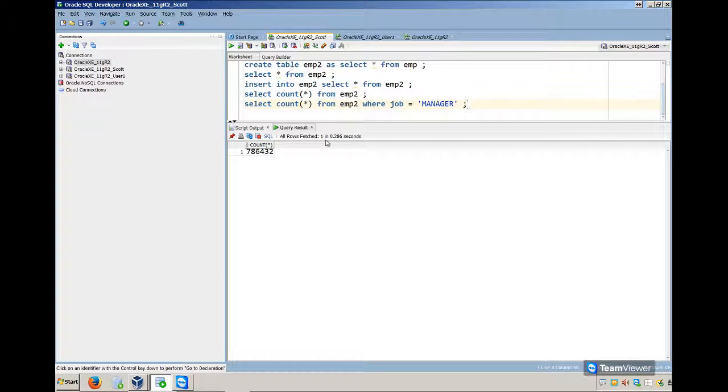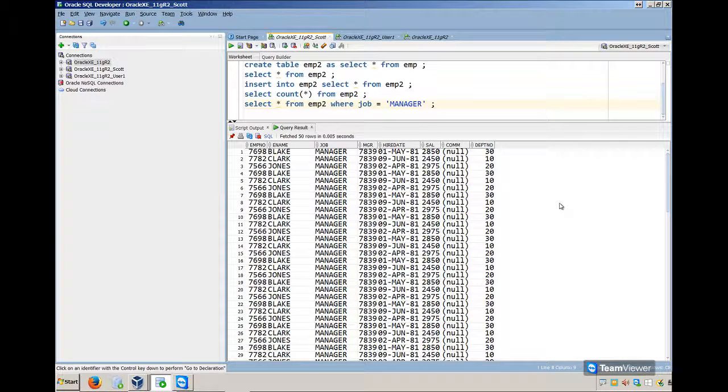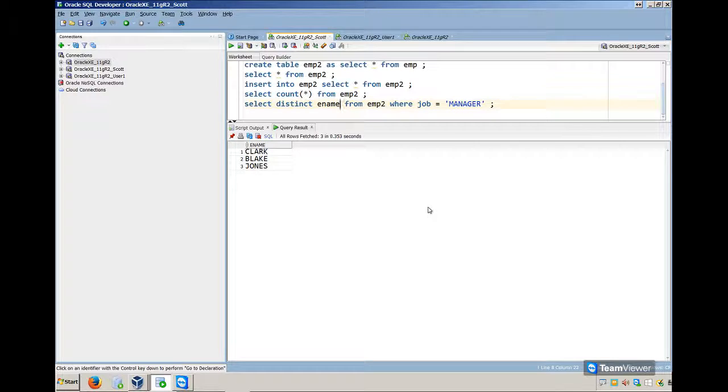Let me do one thing. Let me fetch how many rows it is running. Basically, it fetched 50 rows. Let me say distinct ename. I want to see what are the enames of these people. In any case, our server is running too fast. I'm not able to show you the slowness in the query. So just imagine if this query takes too long, let's say 5 minutes to